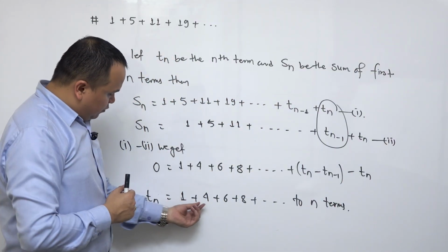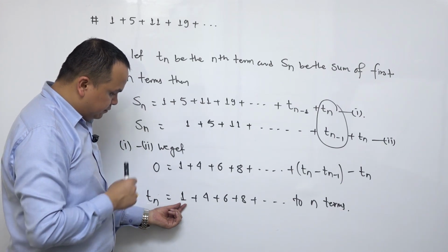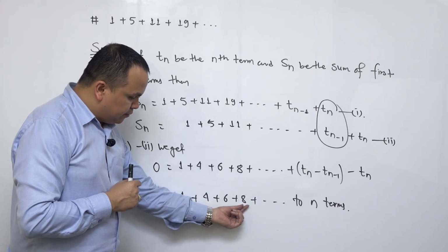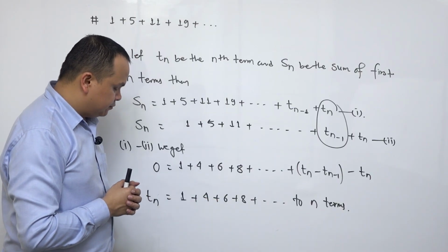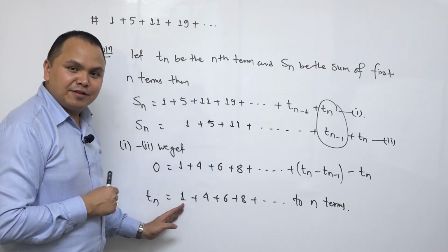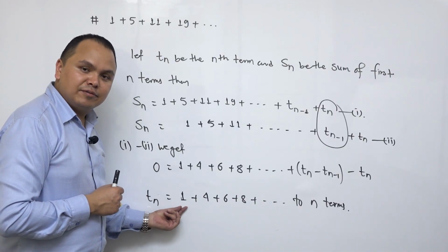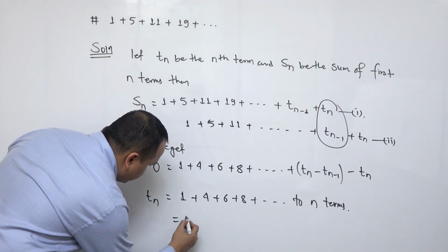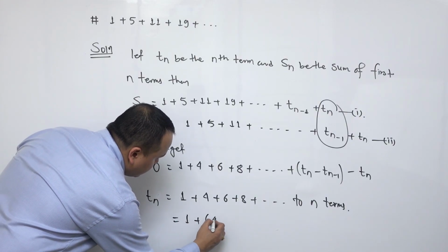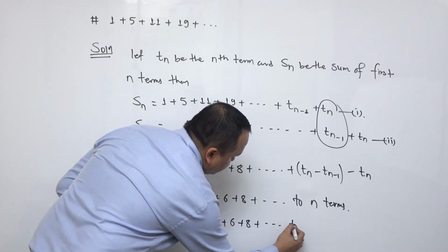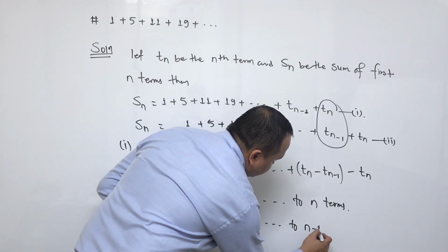Here 4 minus 1 is 3, 6 minus 4 is 2, 8 minus 6 is 2. यहाँ 1 नहुने हो भने यो एपी बन्छ, फर्स्ट टर्मलाई हटाइदिने भने एपी बन्छ. So this is 1 plus 4 plus 6 plus 8 plus ... 2 n minus 1